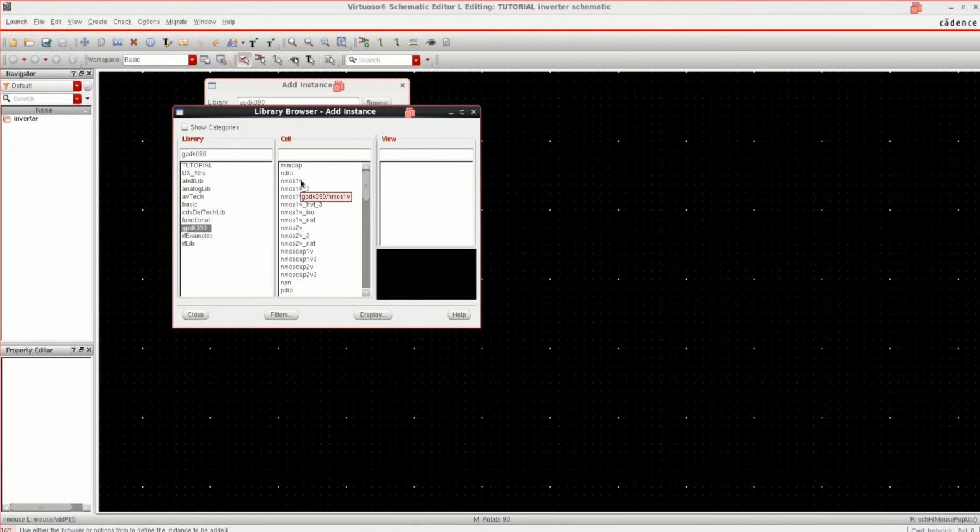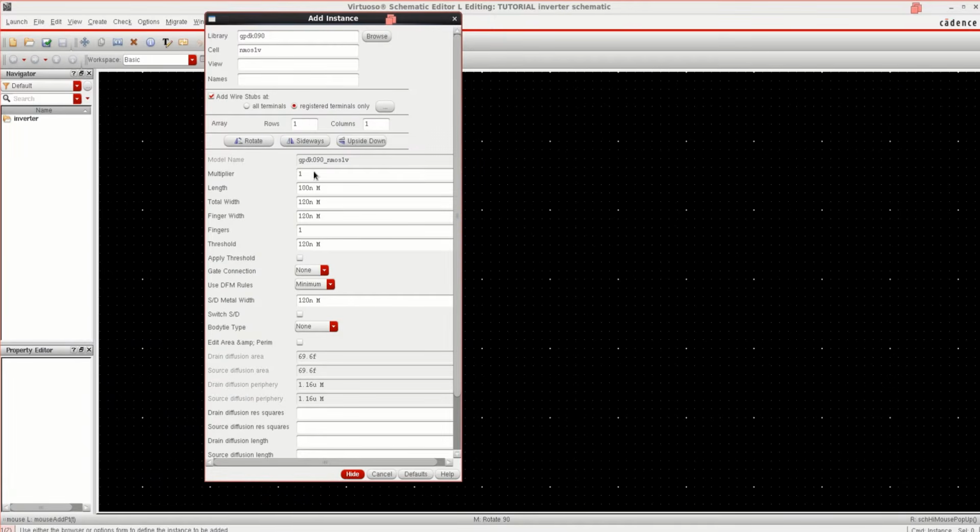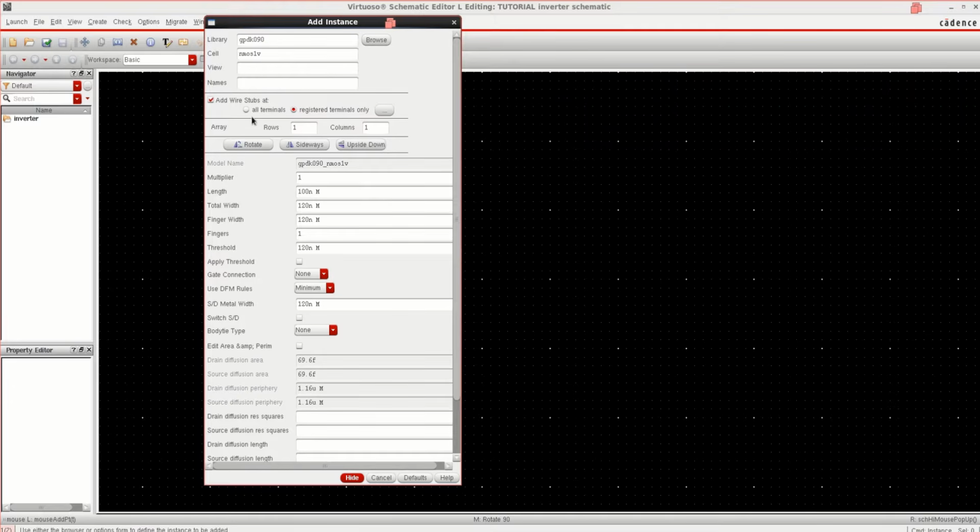From here, from the cell view, select the NMOS 1V, which stands for 1 volt, with 4 terminals. Close it. You can see the default parameters, that is the length of NMOS and width along with the finger width. You can name if you want here. Click OK or hide.